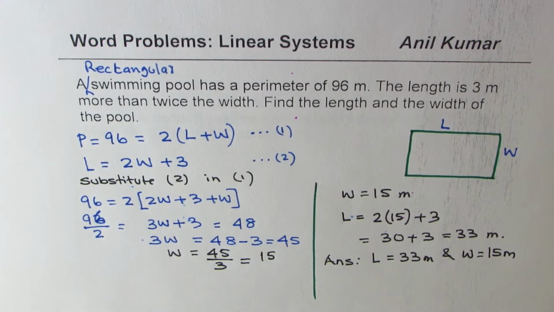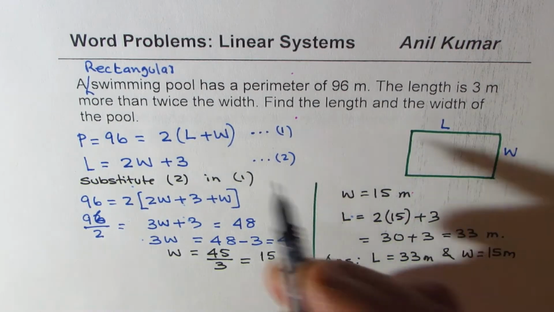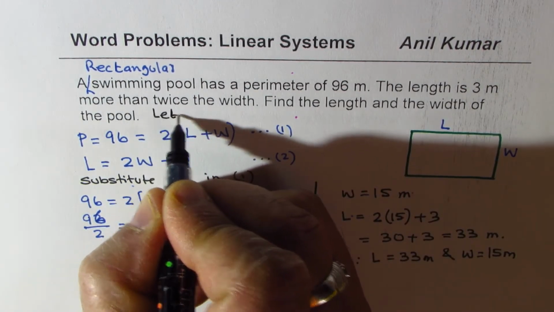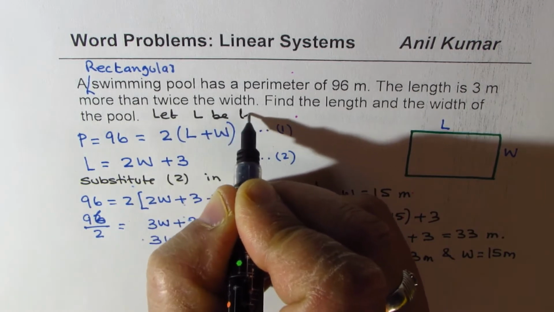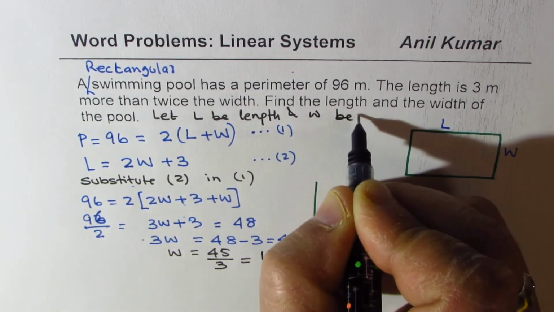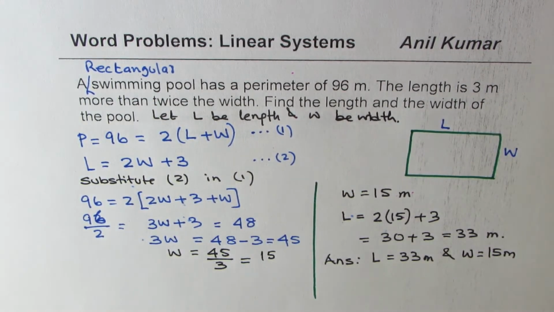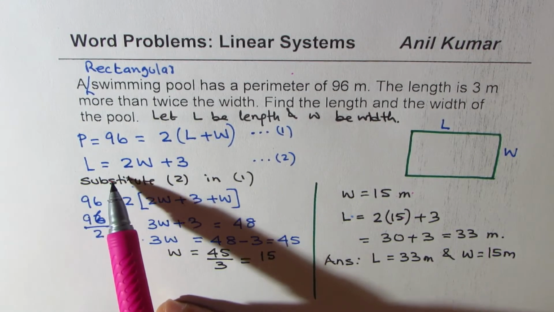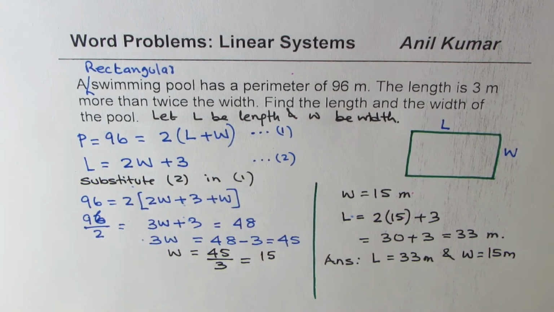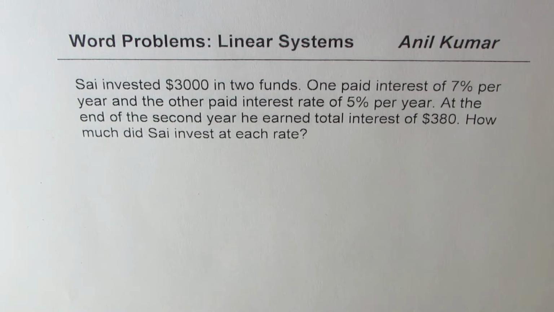A simple sketch. Define variables. That is how we define variables. We'll say let L be length and W be width. And then you begin writing equations and solve them by substitution or elimination. Since here length was given directly as twice width plus 3, we adopted substitution. Right? Next example here is,